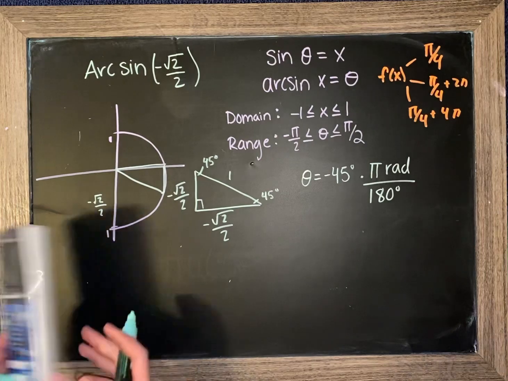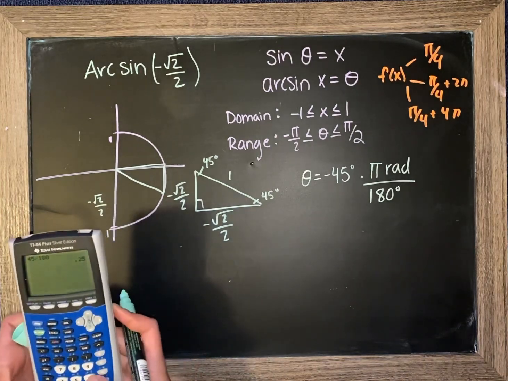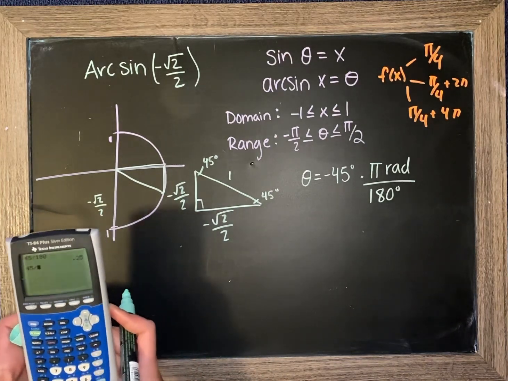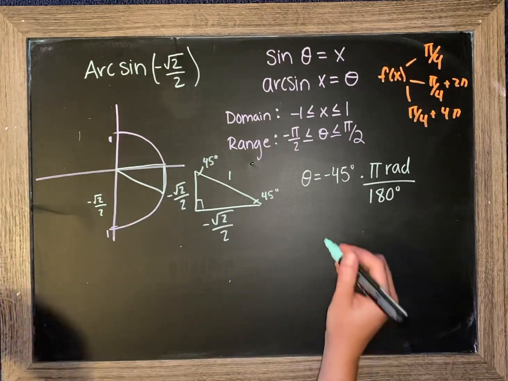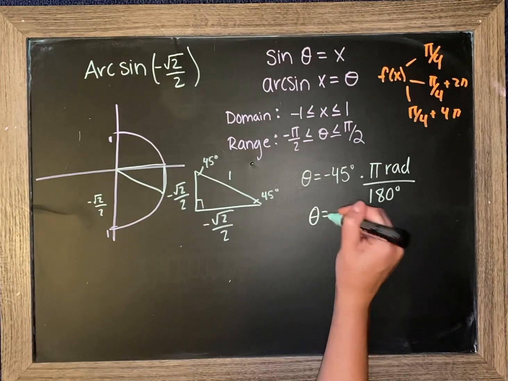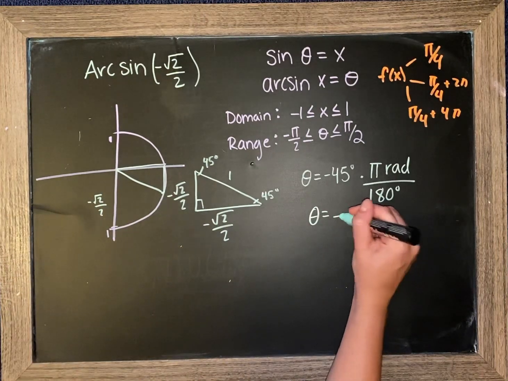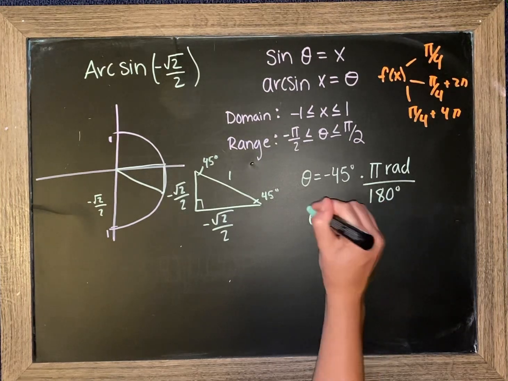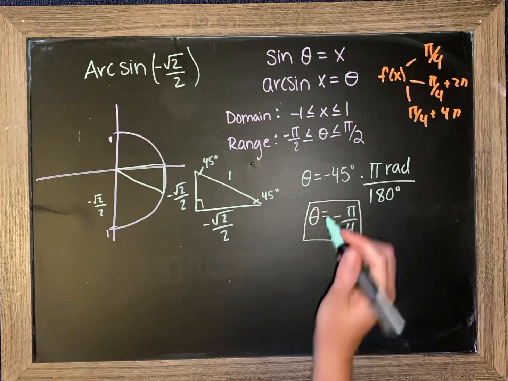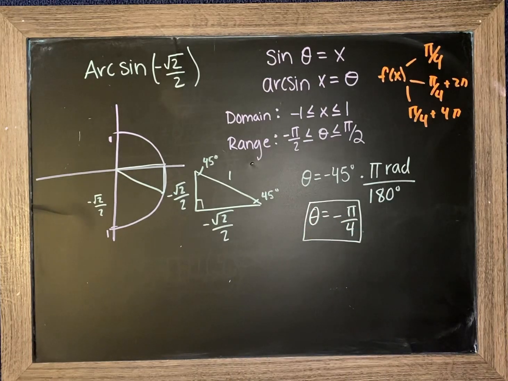So if you plug this into a calculator, 45 divided by 180, you get that your theta is equal to negative pi over 4. So the answer to this problem, arcsine of negative root 2 over 2, is going to be equal to